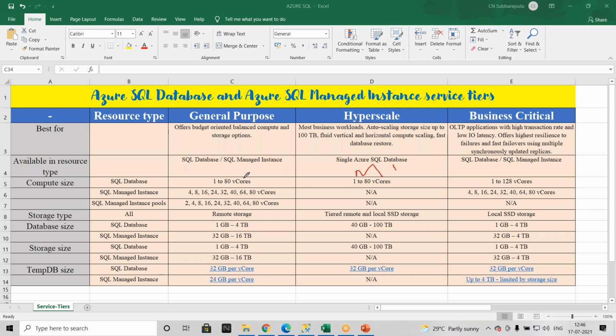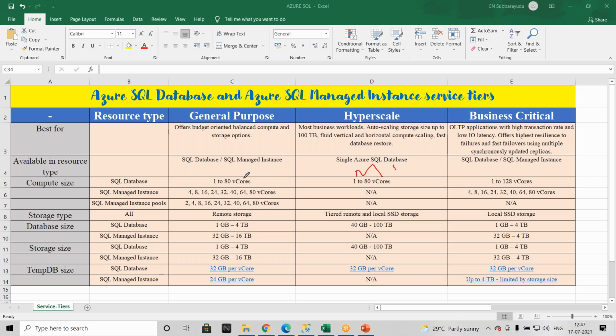When you go for managed instance, you can go up to a maximum of 80 vCore, and with business critical also 80 vCore. Currently Microsoft has SQL managed instance pool under preview, so maybe in the near future we can see it. Currently we have a single SQL managed instance. Under instance pool, Microsoft currently offers only general purpose, and maybe in future business critical and hyperscale.